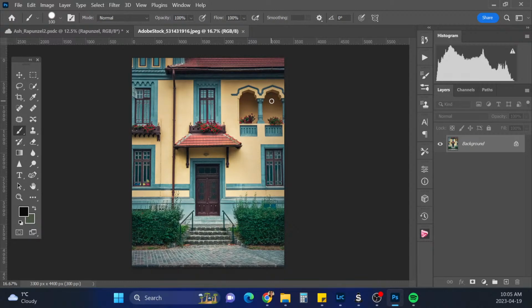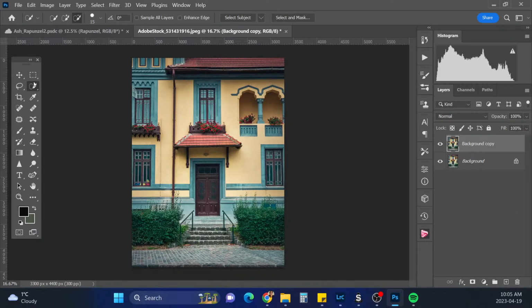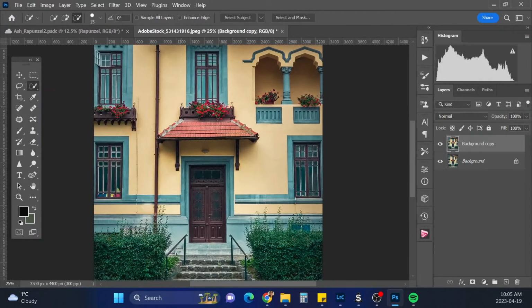Settle down. All right, so here's the cute little awning. I'm just going to select with my Magic Select tool this wooden part and the flowers, and probably go down to these things here.